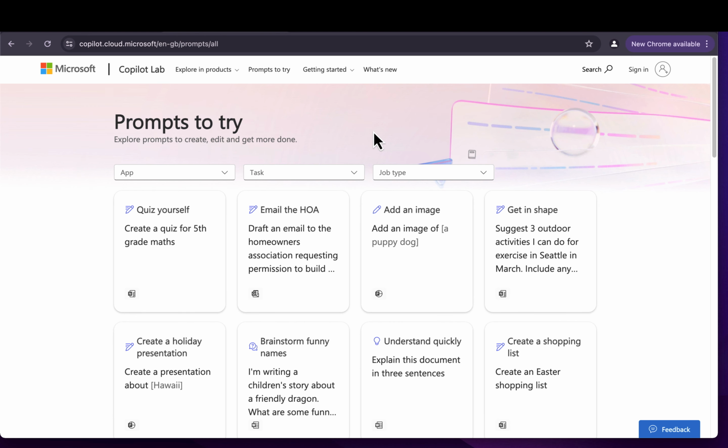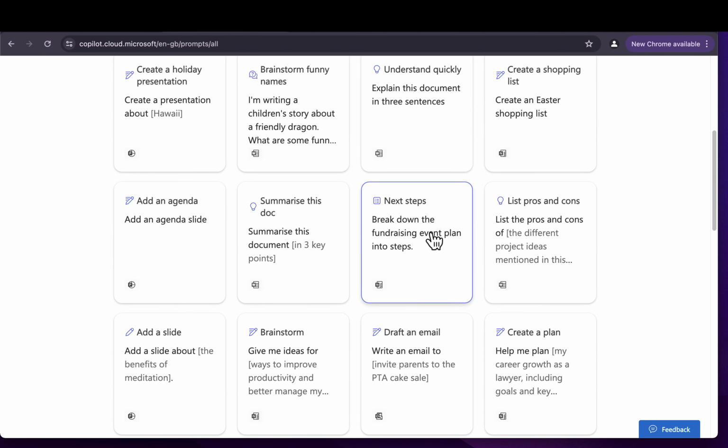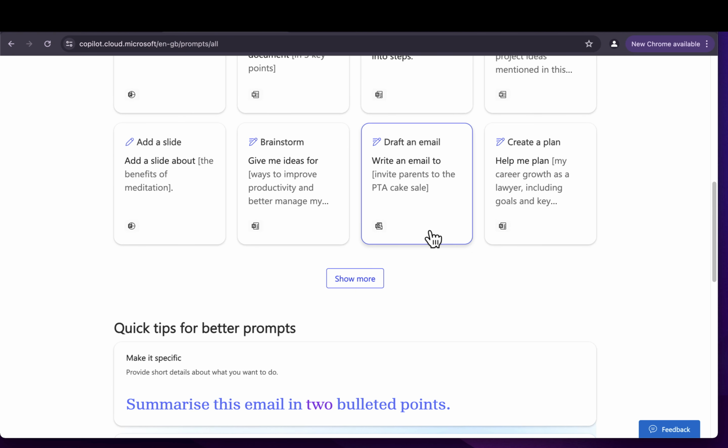On this Copilot Lab page, you'll be able to see the different prompts that you can try throughout Microsoft 365. You can select here the different app you want to use, what task you're looking for, and the job type. And here you'll get a list of different prompts that you can try, such as give me ideas for ways to improve productivity,